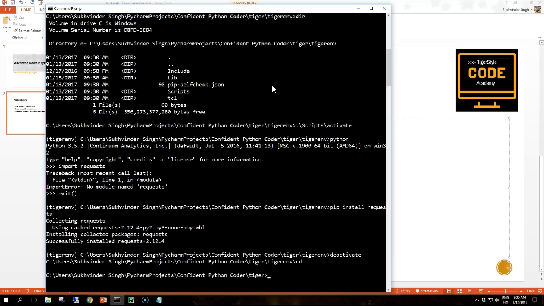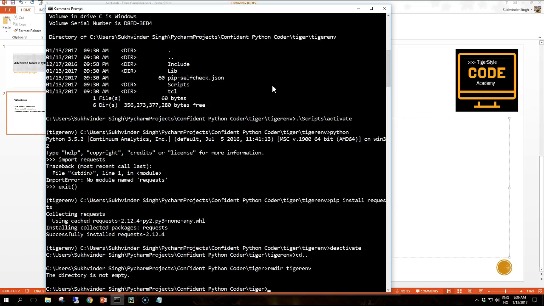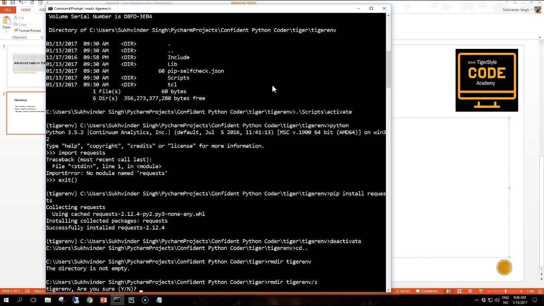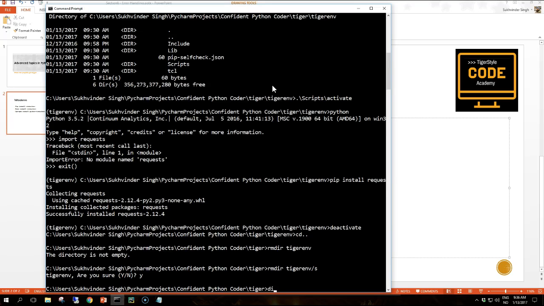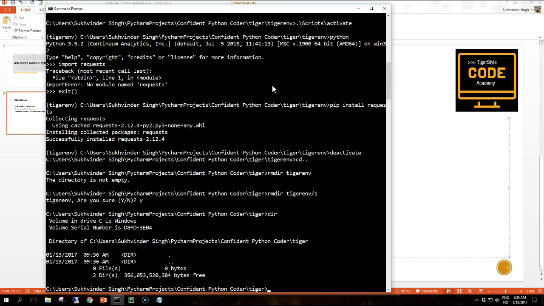Just move. So we'll just remove it. With Windows we do rmdir /s. You want to remove? Yes, I want to remove. Let's check. Is it still there? No, it's not there. So what Virtualenv provides is a way for Python developers to create environments that may have